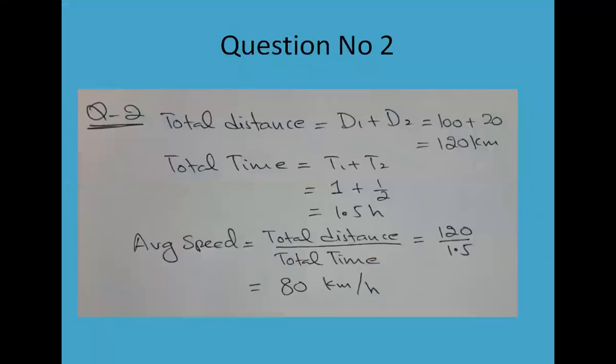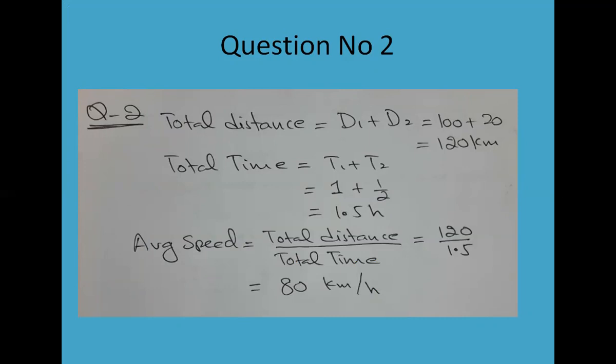So on your screen, you can see I'm showing my solution. The total distance traveled will be d1 plus d2. So that's 100 kilometer plus 20 kilometer. The total distance will be 120 kilometer. The total time taken in the first section is 1 hour, and the second section is half hour. So the total time taken is 1.5 hour. The formula for the average speed is total distance traveled divided by the total time taken. The total distance traveled is 120 kilometer, and the total time taken is 1.5 hour. So in your calculator, you will do 120 divided by 1.5, and that will give you 80 kilometer